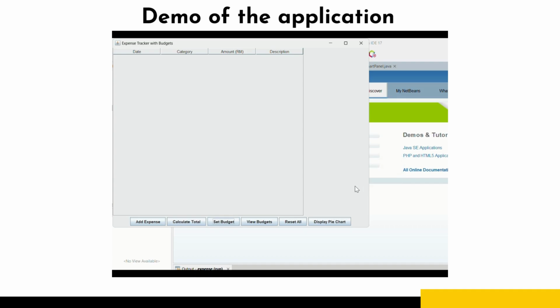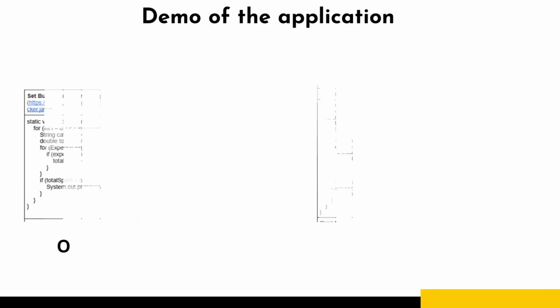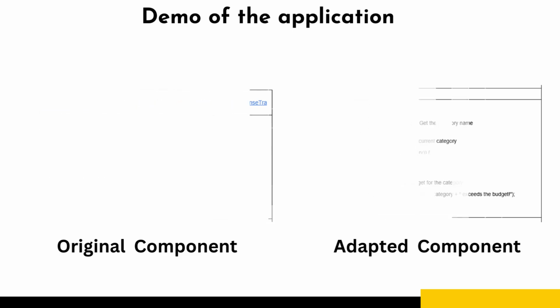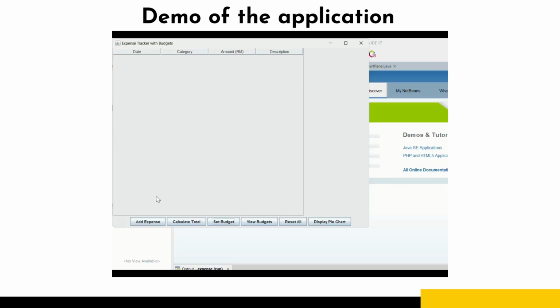Then I will display that at the left is the original component for set budget that we found at GitHub, and at the right will be the adapted code that we have done for our application. Then for the input component,